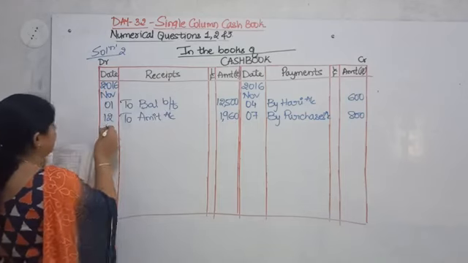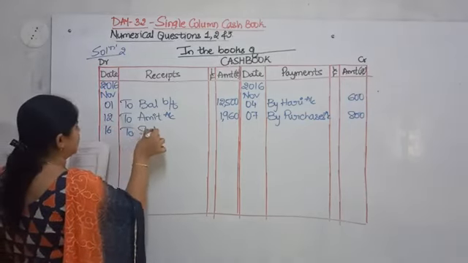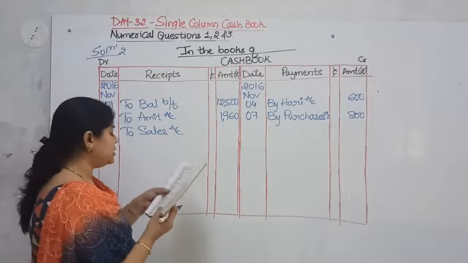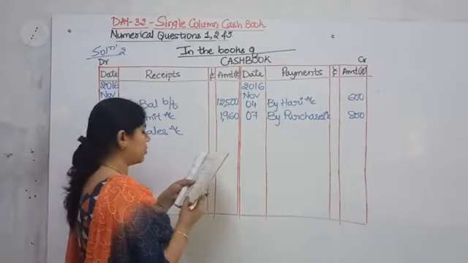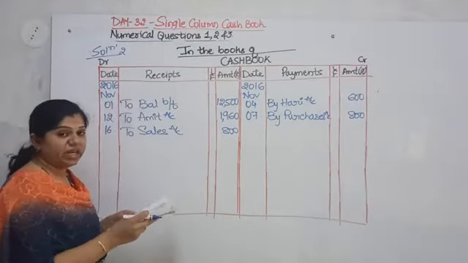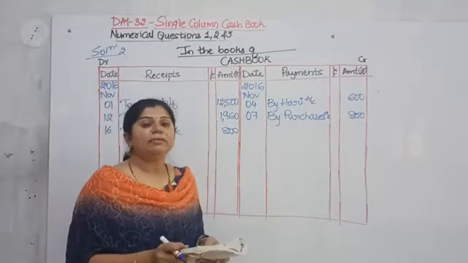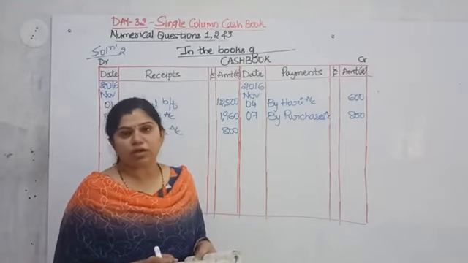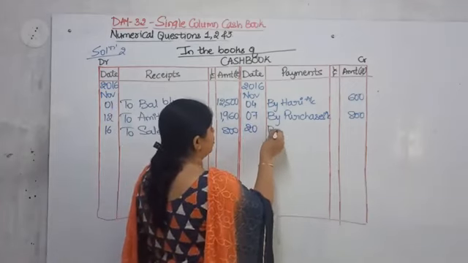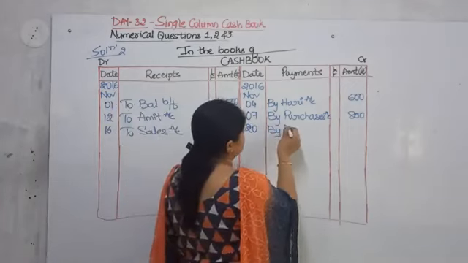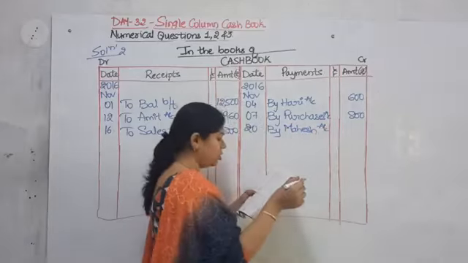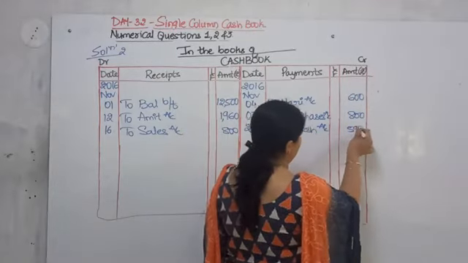Next, sold goods for cash. So again the cash will come in, to sales account. And what is the amount? See, the amount is 800. Okay. Next, paid to Mahesh. I have told you many times, if in the transaction the word paid or received is coming, it is a cash transaction. So write it down on the payment side, by the receiver. Mahesh is the receiver. So by Mahesh account, amount is equal to 590.